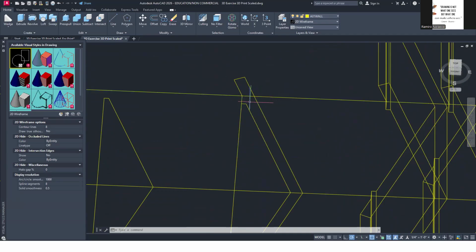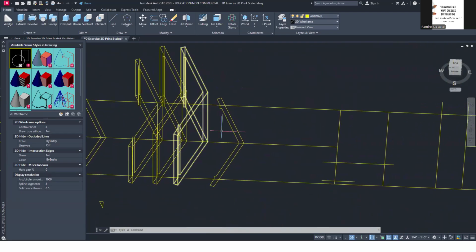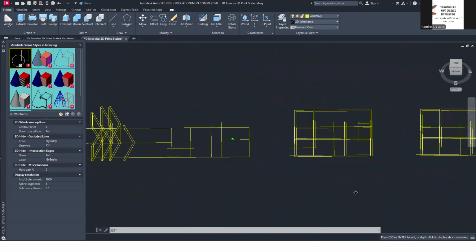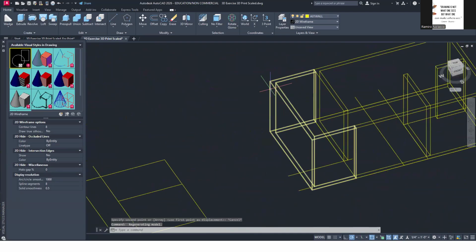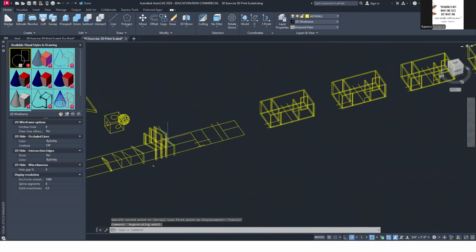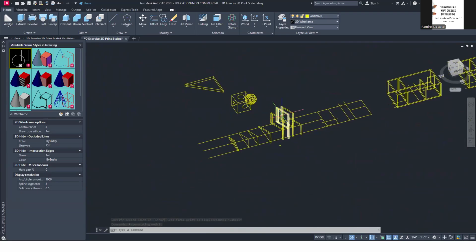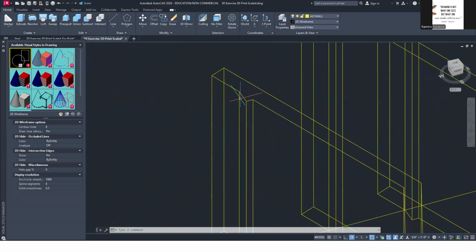Now, the reason why I placed this is so that I have a place to put my roof on top of my wall. When you're doing 3D modeling, because we're modeling for 3D printing, you need to glue the parts together.